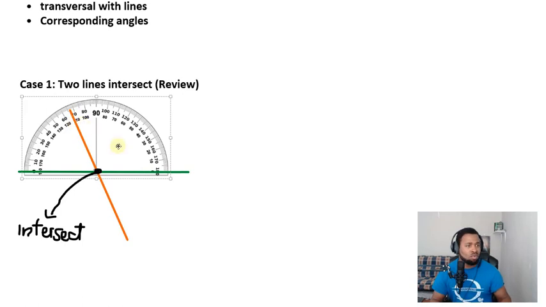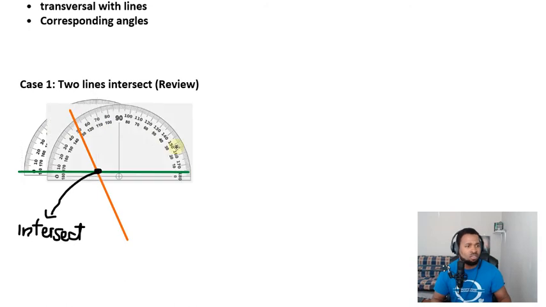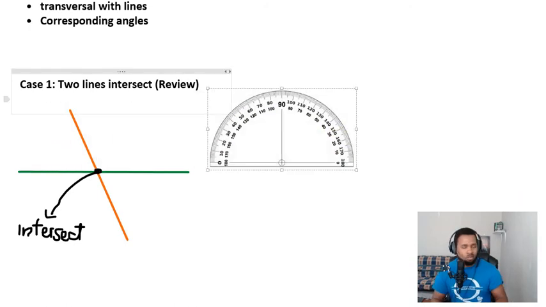Since this space is 114, the angle on this other side will be 66, going from 0 all the way to this mark, while from here, counting from 0 using the lower calibration numbers, we see that it is 114. So the angle made on this side, from here to here, is